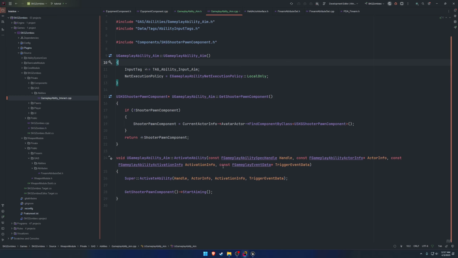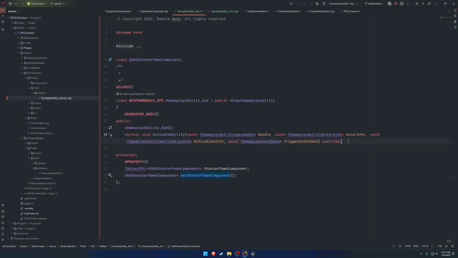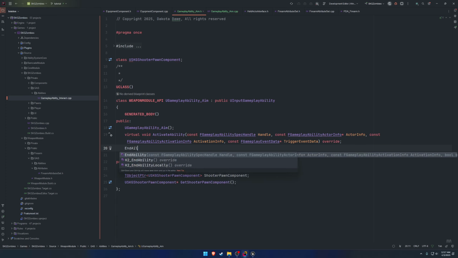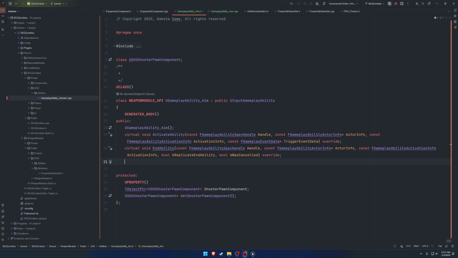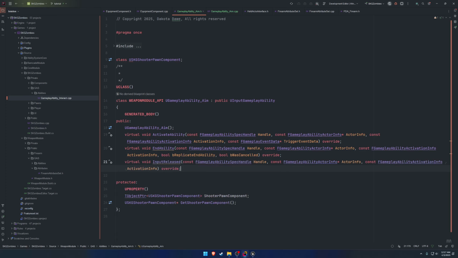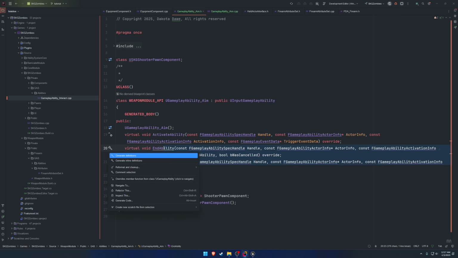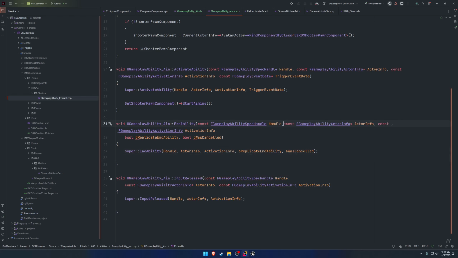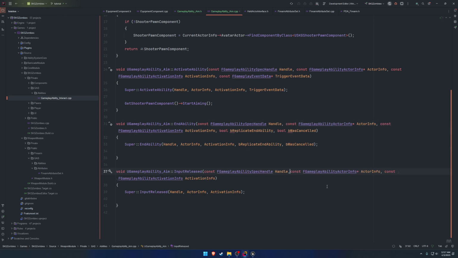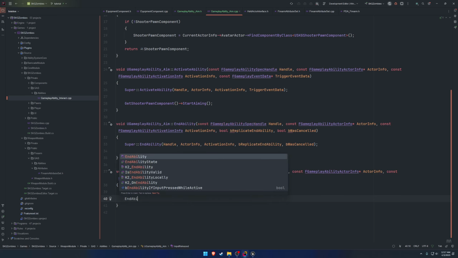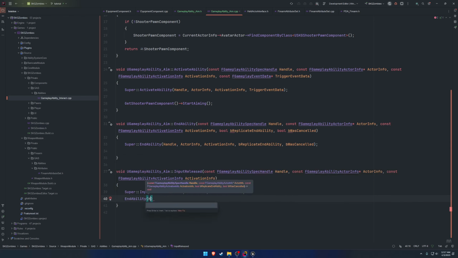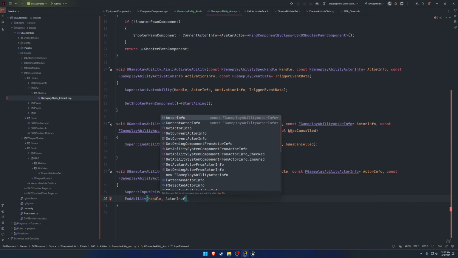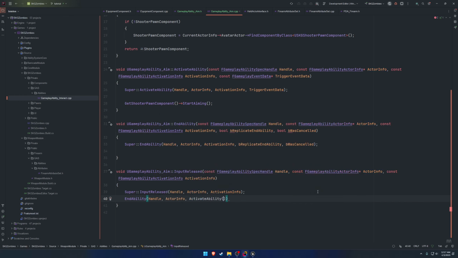So moving down, we need to bind to the input released and the end ability. So let's do end ability like so, as well as the input released. So let's go ahead and create the definitions for both of those, like so. And what we can do on input released is call end ability. And we simply pass in the handle, the actor info, the activation info,